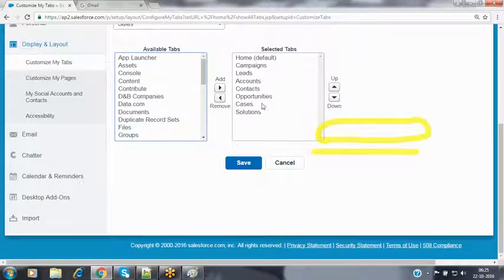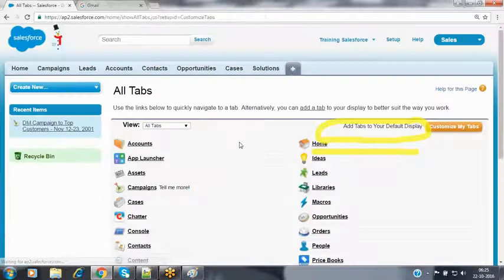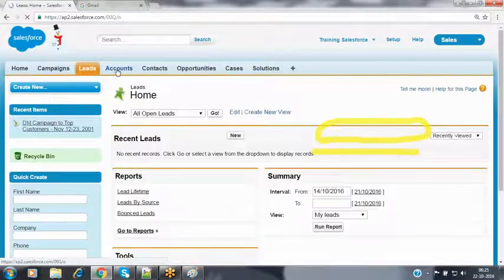That's it. Okay. Now, I'm going to customize. I want to show the home tab first, and then the campaigns tab, and then the leads tab, and then accounts, then contacts, then opportunities, then cases, and then solutions. This is the order I want to show these tabs here. You can customize which tabs you want to show on the tab bar and click on the save button. Then the tabs are automatically customized, so that we can see the tabs that you want, and place those tabs on the tab bar.